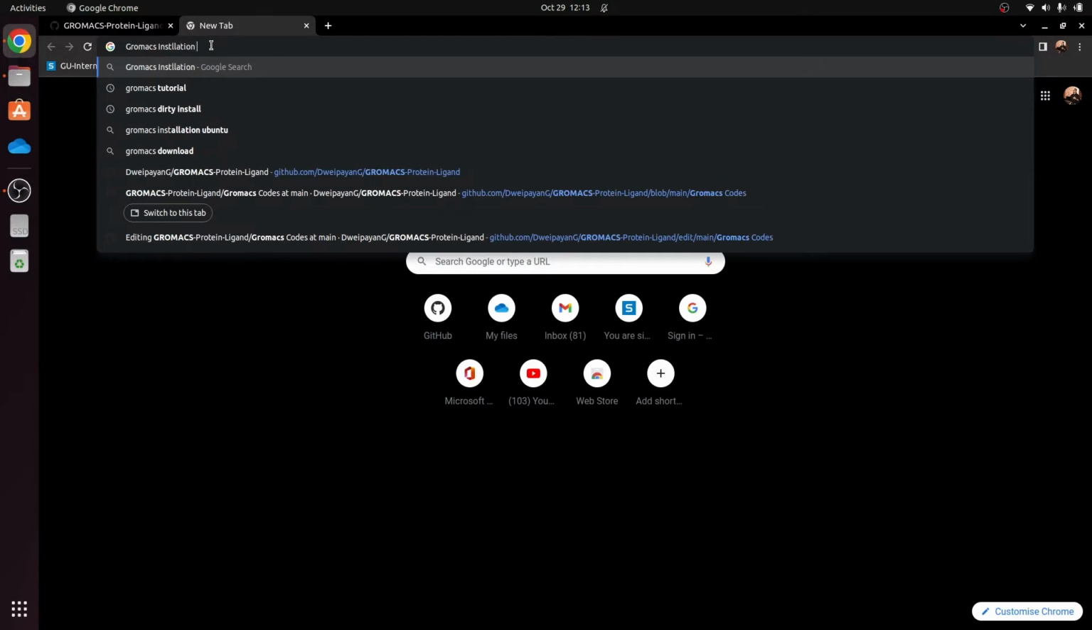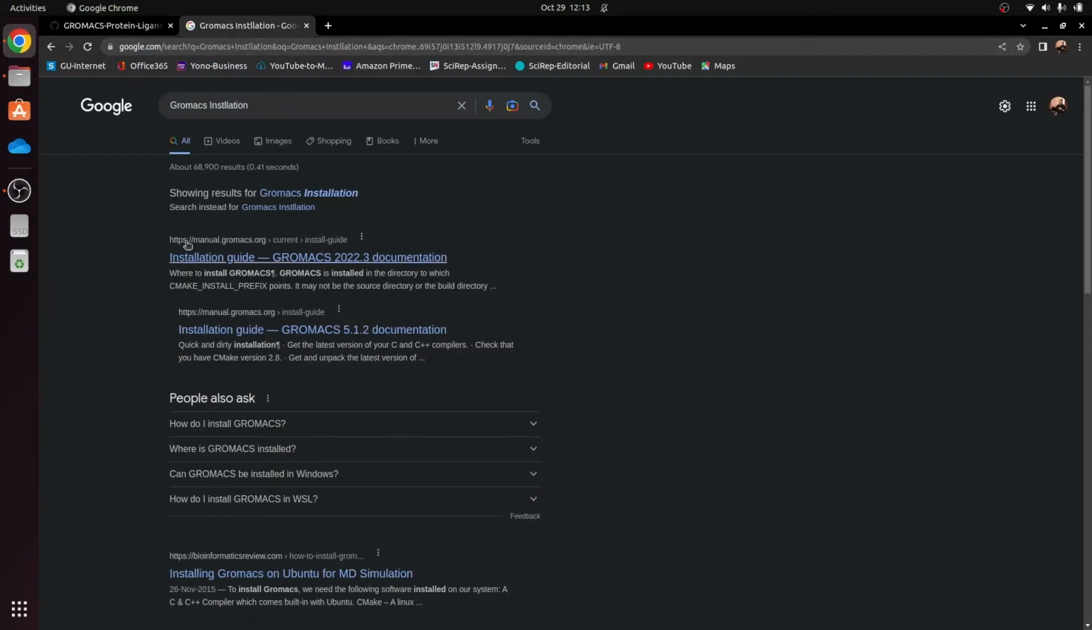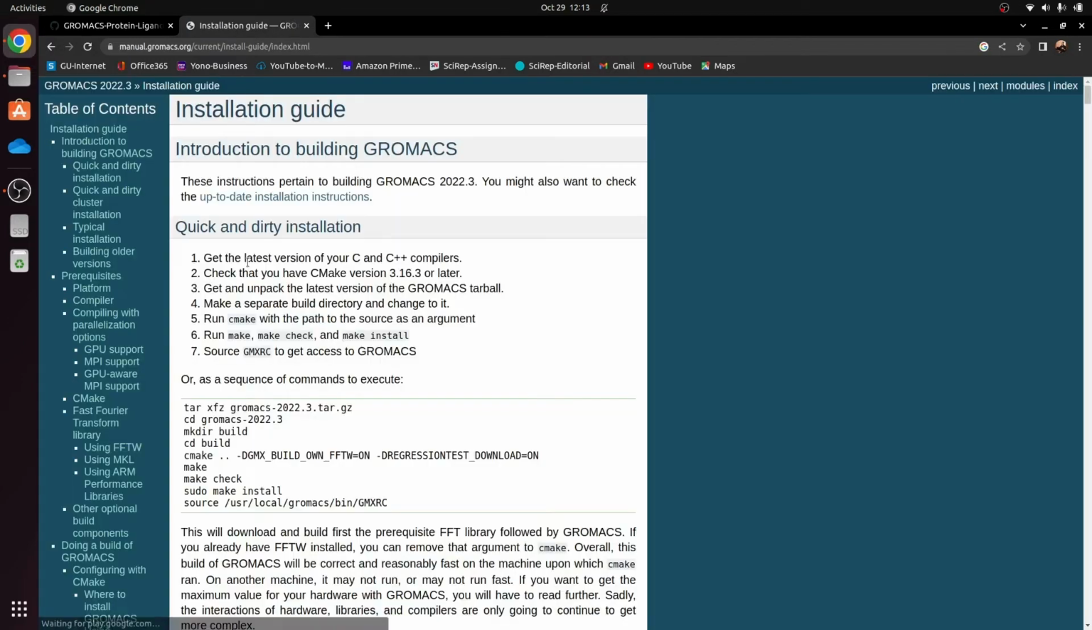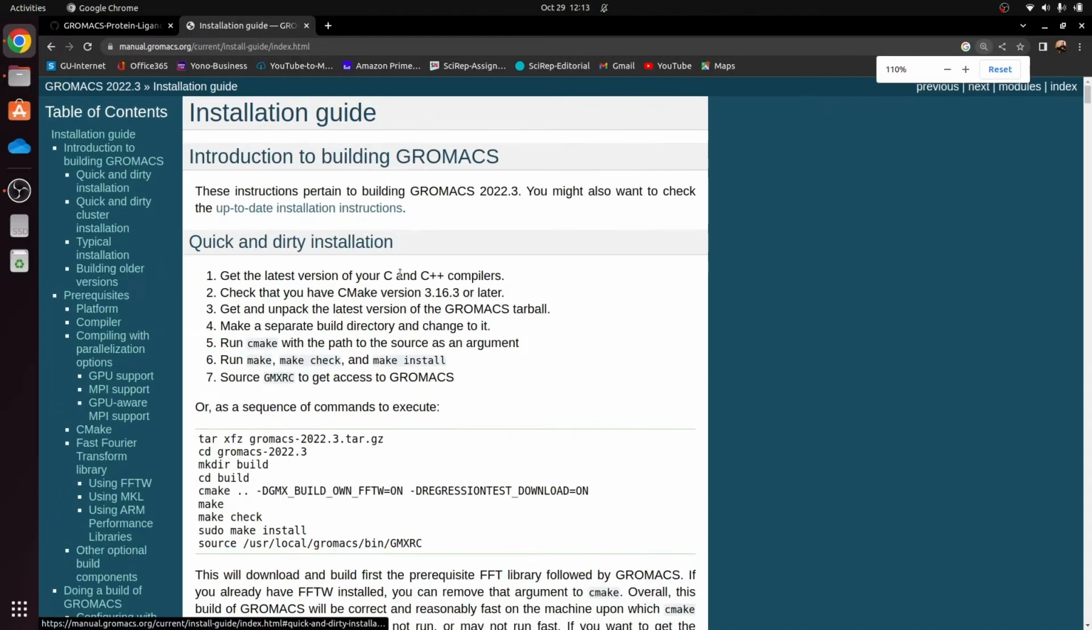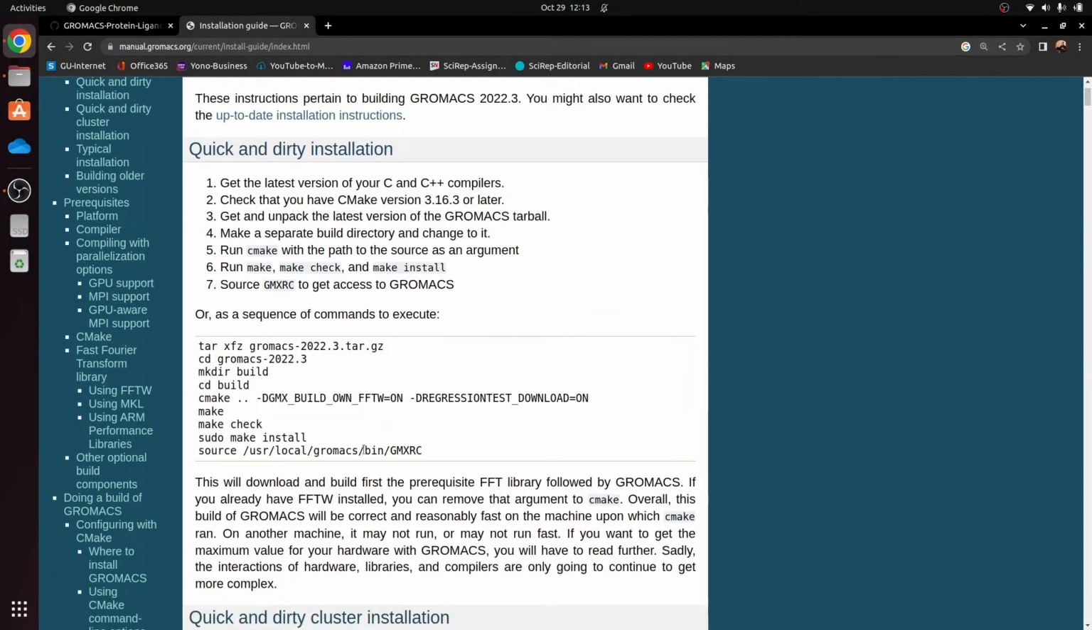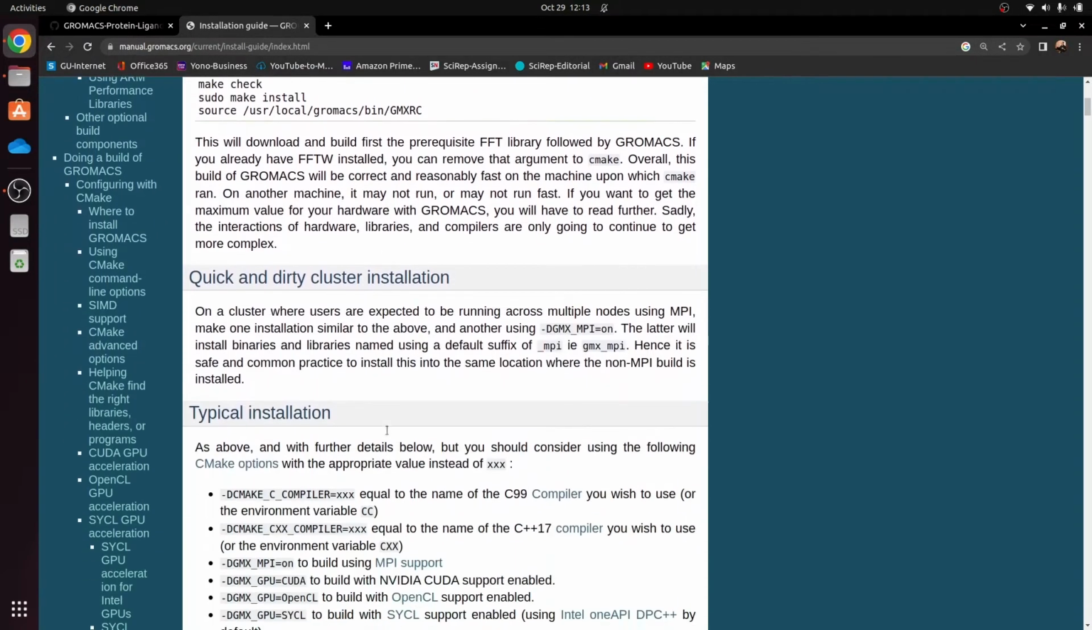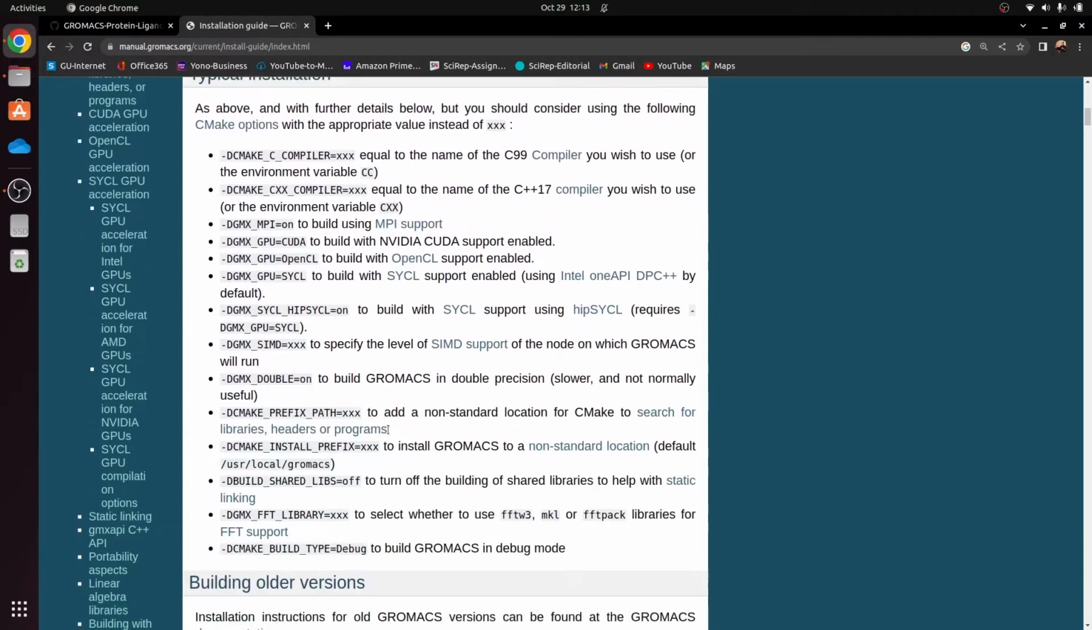GROMACS installation guide, as you can see on the browser. So this is the link which you need to open. As you see on this page, it says that there are some commands that you need to run, and if you scroll down a little,